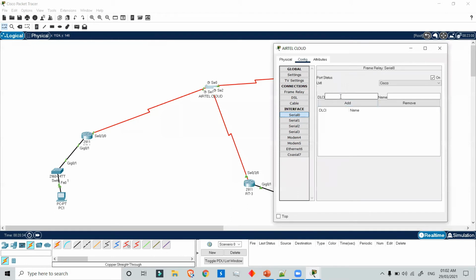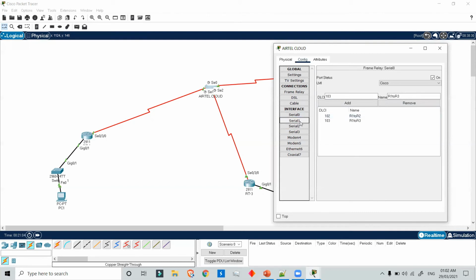If we want to travel from router 1 to router 2, we will add 102 and give the name R1 to router 2, and we'll add this. And similarly for router 1 to router 3, we will add the name router 1 to router 3 and add this.